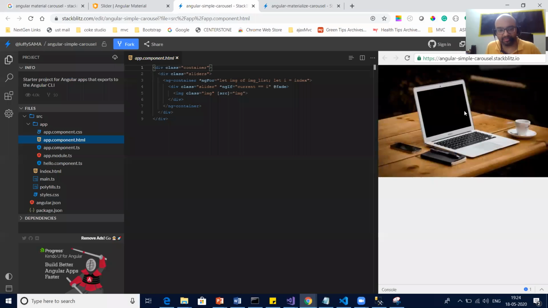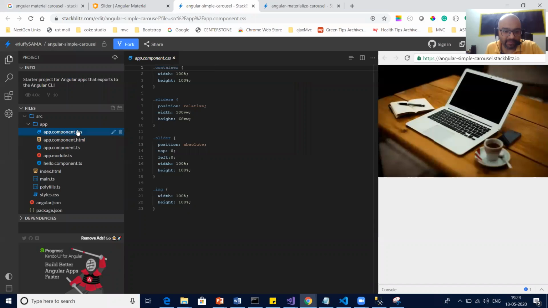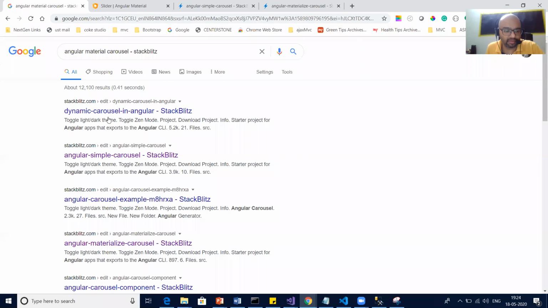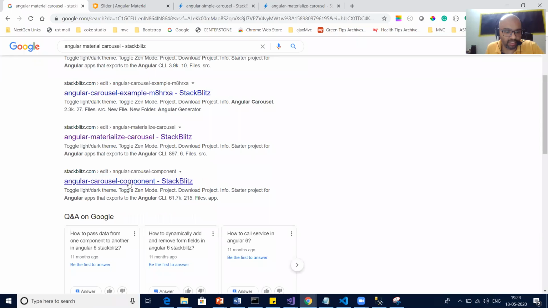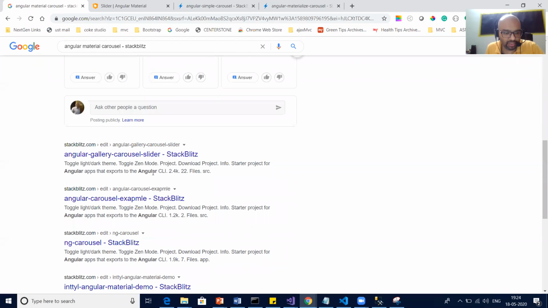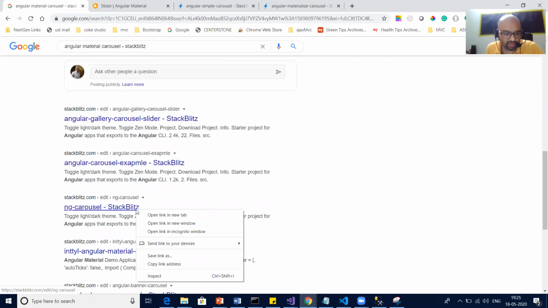Okay. So if that is the case, then we build it. Last try. Angular carousel component. I don't think they're having it. ng carousel. Okay.